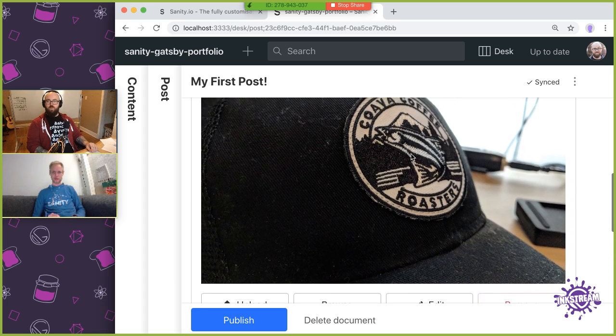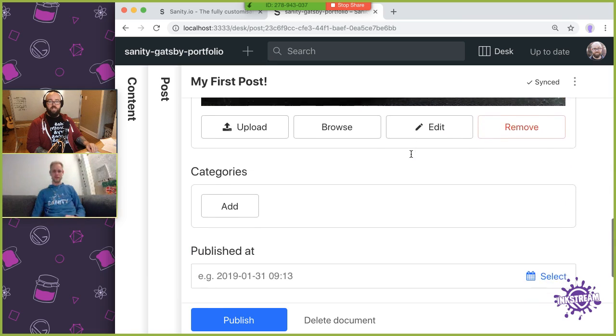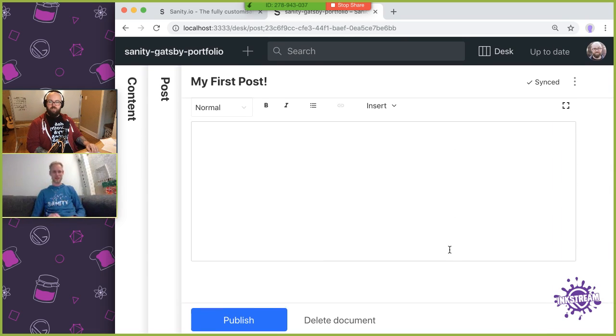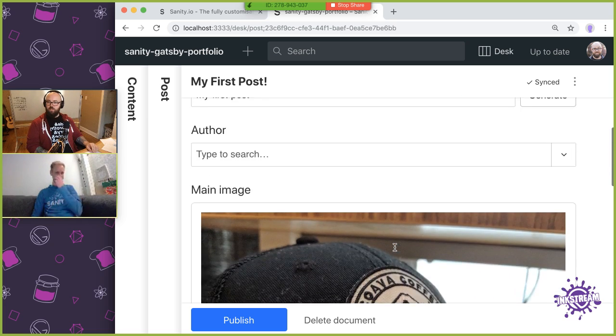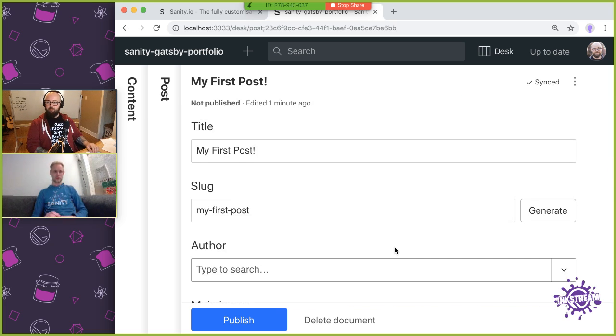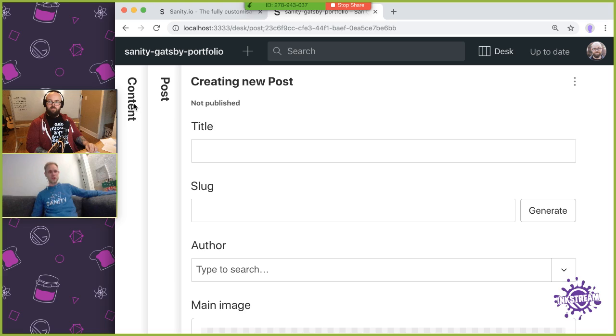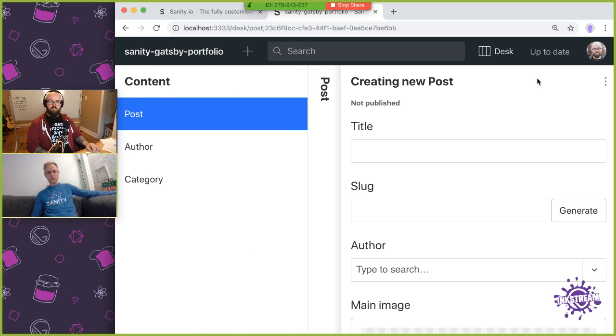Okay, so this is awesome. I love that image editing feature. That's kind of making my day right now. The rest of this looks like stuff that we probably don't care about since we're building a portfolio, right? Yep. All right, so I guess we can start editing the schema in order to fit your content model. Yes. So if you go into your editor now,